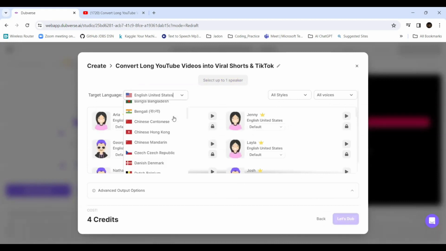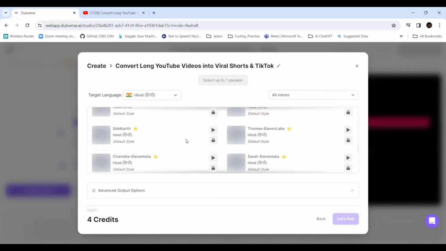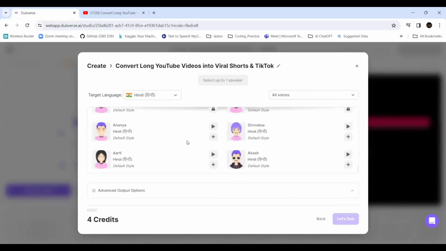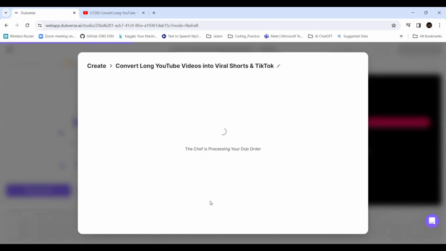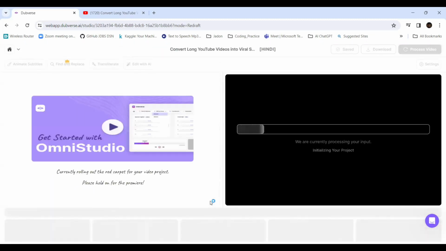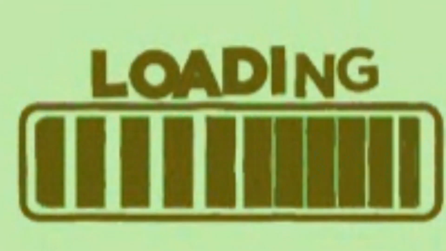So the target language, I'm going with Hindi. And let me choose a male voice. Let me choose Srivastav. Now let's dub. Yeah, it's processing. Just hold on. There could be some technical glitch. It may take a little time.